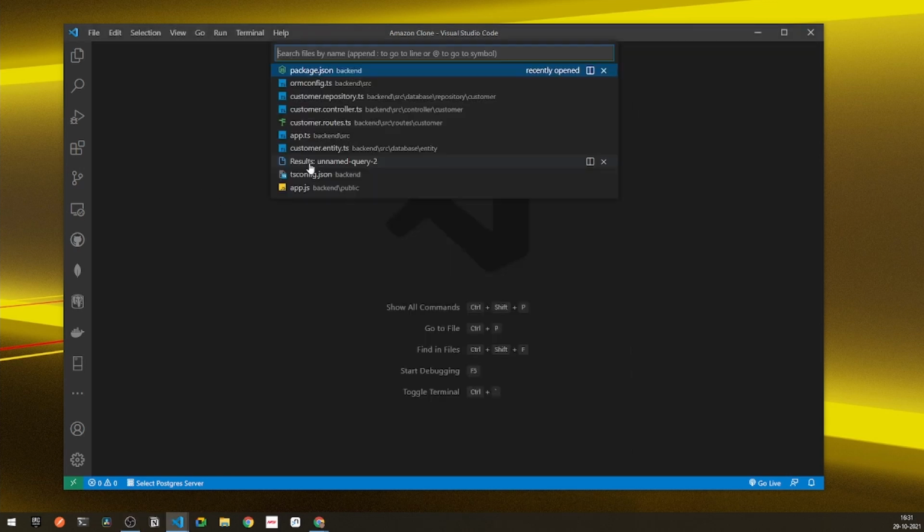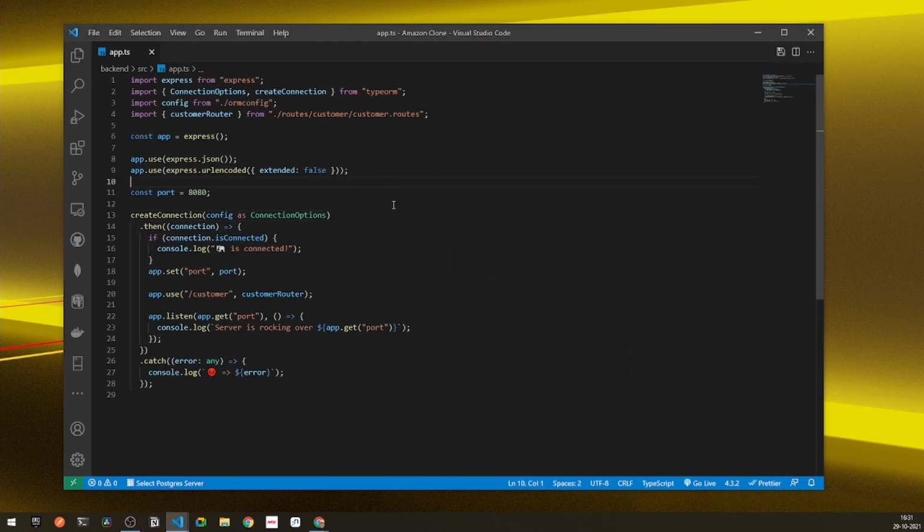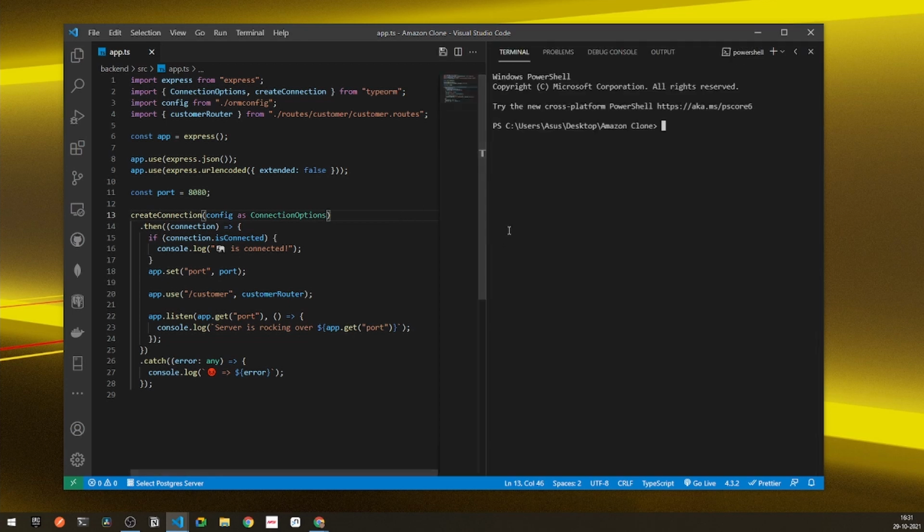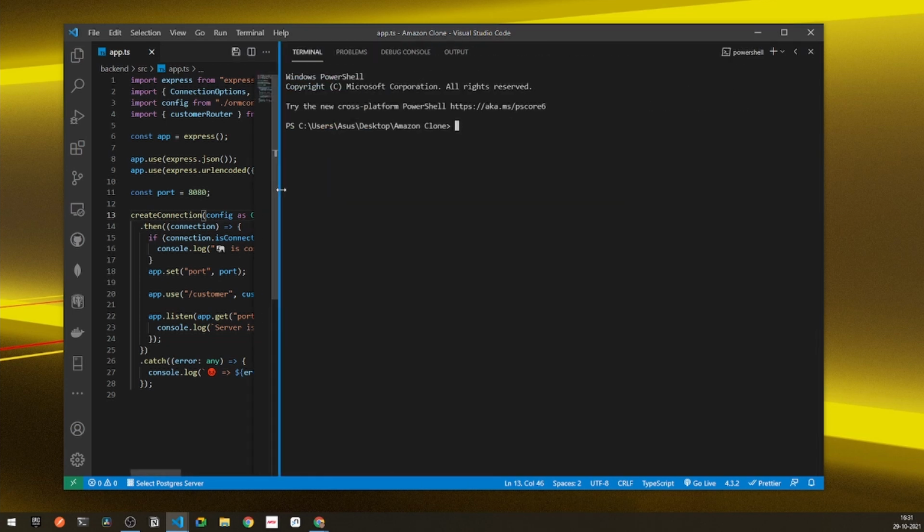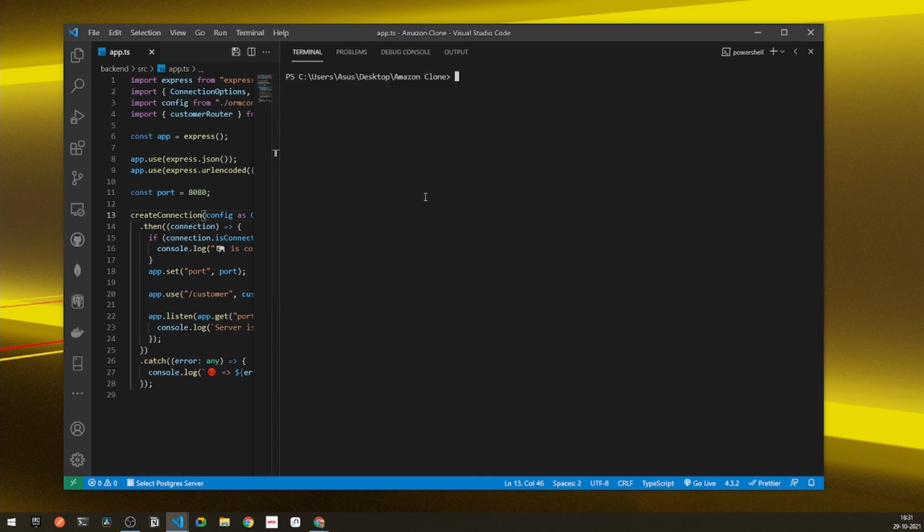First thing first, if you haven't seen the previous tutorials, kindly watch them. Based on those videos, you will be able to understand what is going on today. So first of all, you can see I have my terminal here. Under my terminal, I will be installing certain packages. Yes, you guessed it right, the package will be everything about JWT. So here I will simply write npm install jsonwebtoken. You don't have to write JWT, but you have to write jsonwebtoken.